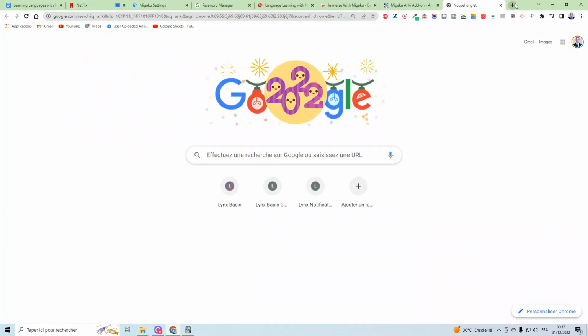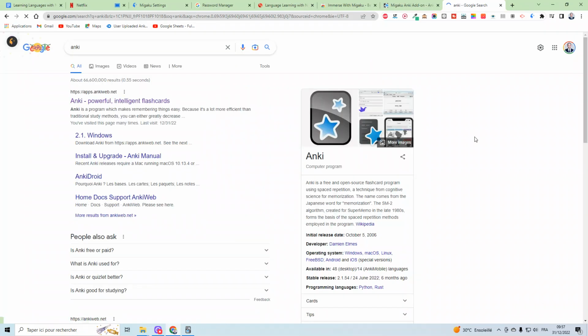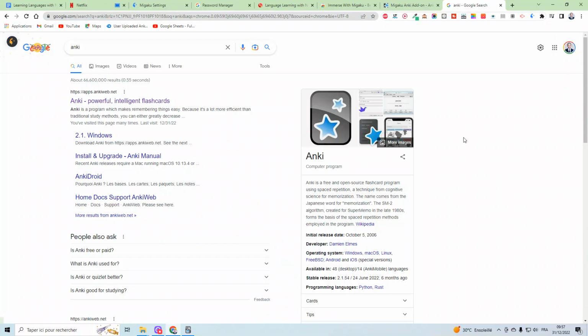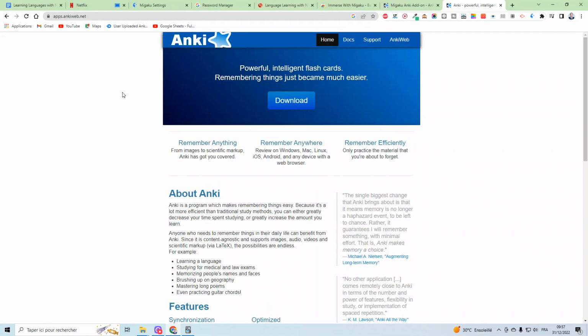So I'm gonna go here on my computer. I'm going to type Anki, and I think my internet connection is not very good right now, so I'm just going to pause. Alright, sorry about that. My connection was not very stable. Now it's back. And so I typed Anki into Google, and you can just go to the first link, click